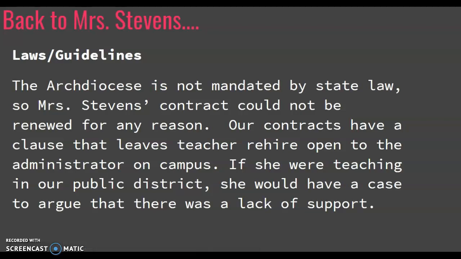So this summarizes the things that I just said. At my parochial school, we have the option to not renew contracts simply based on numbers and feedback and even parent feedback, honestly, because I do work in a private school. The same is not true if she were working in the public school district. It's really important that wherever you're working, and whatever policies you're supposed to follow, you're following up on that and keeping up to date with the current status, because it definitely should affect how you take care of things on your campus.